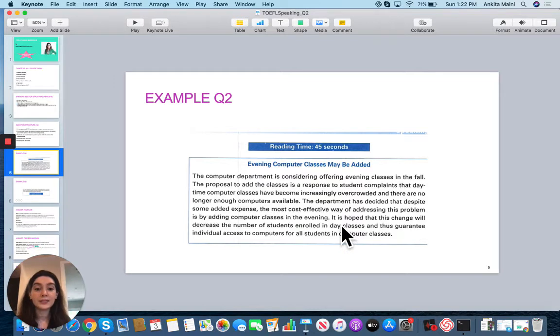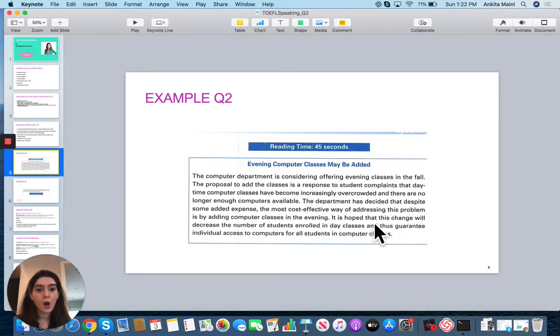And you might notice that when I am reading and comprehending the reading passage, I'm already kind of changing it into my own language. I'm not using exactly the same words that they use. This is a great way of already starting to prepare for your response, because when you are giving your response, you don't want to use the exact language. So you can see when I'm thinking and paraphrasing, I'm already doing it in my own language, in different words.